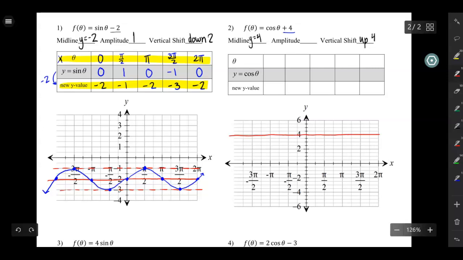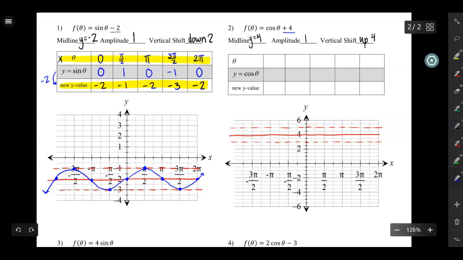And then my amplitude, which is the number in front of my cosine, is just 1. So the distance I can go from my midline up or down is 1. And if you look at the scale of this graph, each of these little tick marks is 1/2, which means that I need to go down 2 tick marks. So my whole graph should fit in these dotted lines. I really like drawing the dotted lines to make sure that I don't get points that